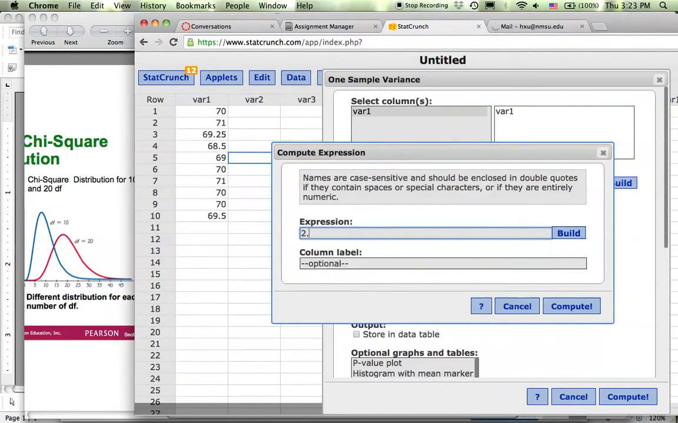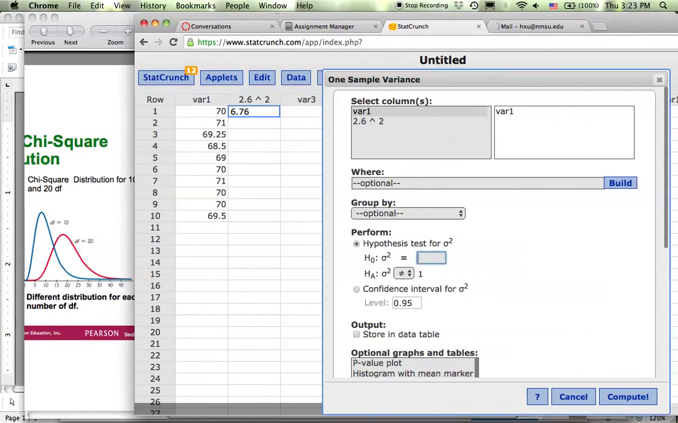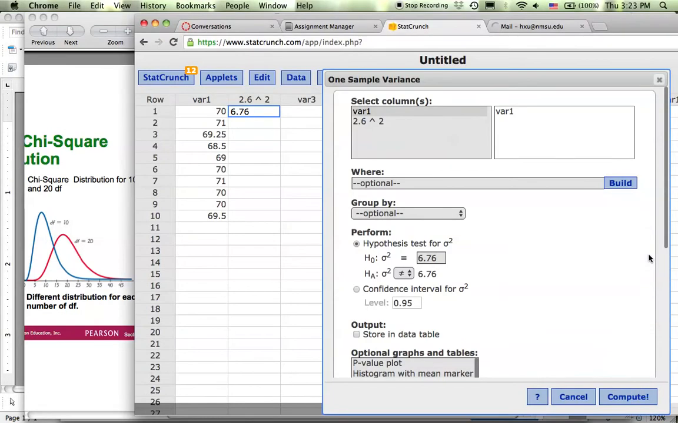What is 2.6 squared? So it is this value here. If you copy that value to be your variance here, 6.76, and sigma squared, the alternative hypothesis, should be less than that. Okay, so it's smaller than. If you click compute,